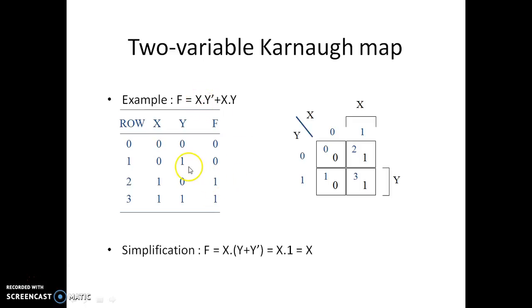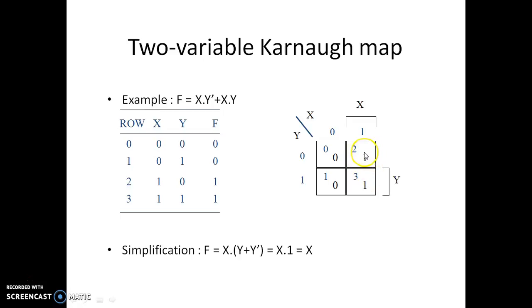Now with the help of the truth table we can draw the K-map. We have to allocate the ones present in the truth table into the K-map. We can see that at the rows second and third, a 1 is generated, so we have to map these 1s into the K-map. Where are the second and third positions? Here they are. This is the second position, this is the third position. So at the second and third numbers we will map the 1.